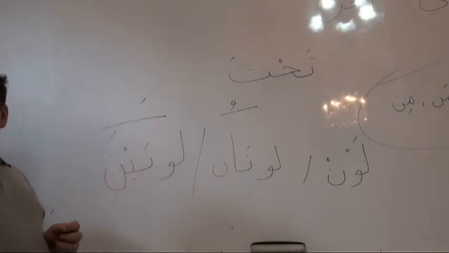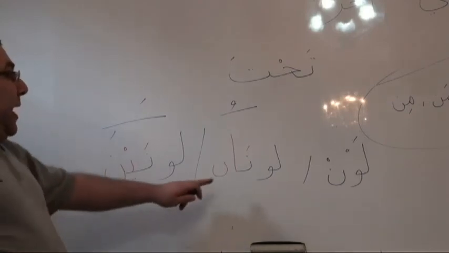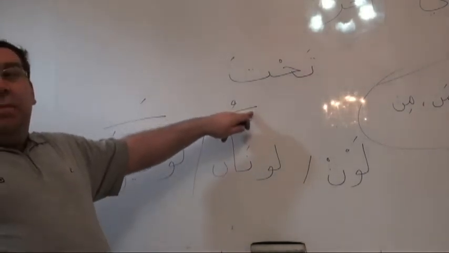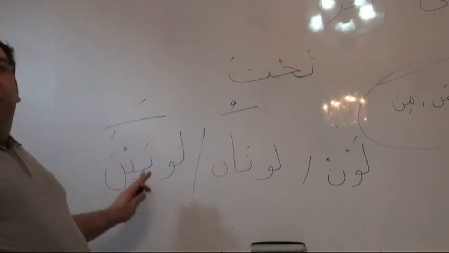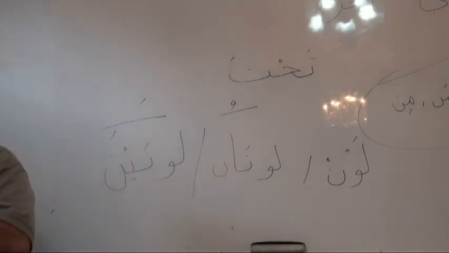Is it clear? Clear? So the alif and nun is replacing the dhamma, ya and nun is replacing fatha and kasra. Okay? So, يوجد منه لونان